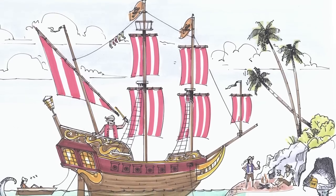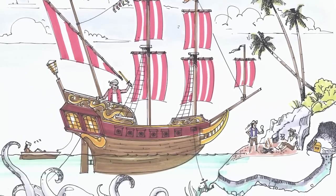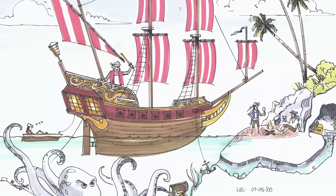Hi, my name is Luc Mayrand, and today we're going to be drawing a pirate ship. It's a simple setup that has a few stories. It has a pirate ship, it has a mysterious monster under the ocean, including some treasures, secret caves, so that's